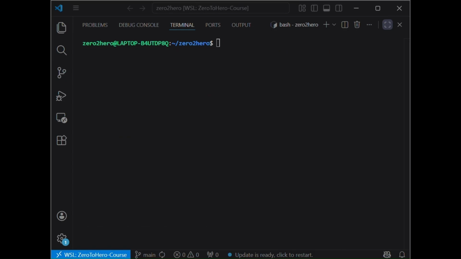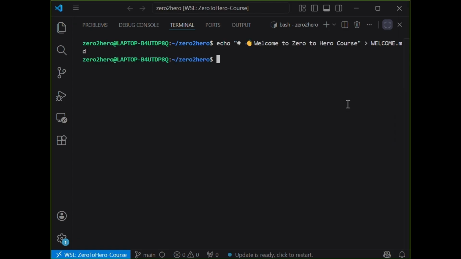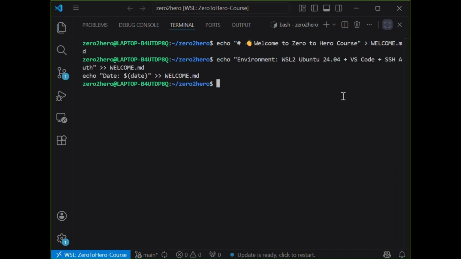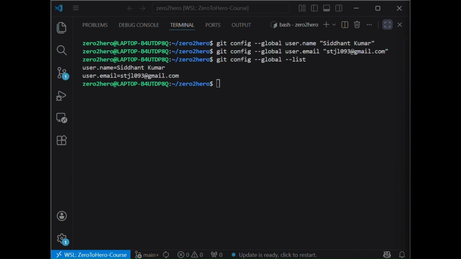Now, let's make our first commit. I will create a simple welcome file. Echo "welcome to 0 to hero course" by entering this simple command. Then stage it. Commit with a message: git commit.